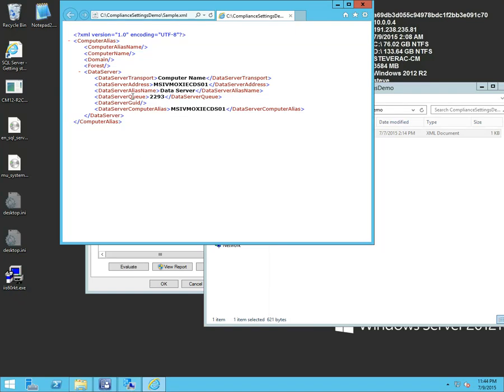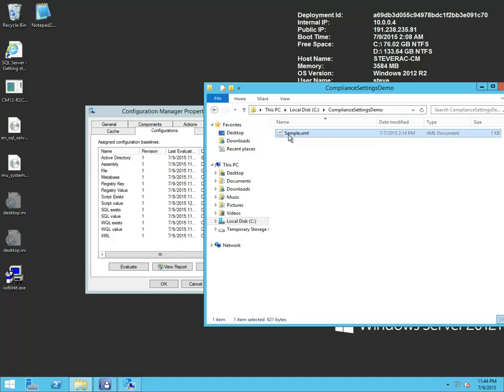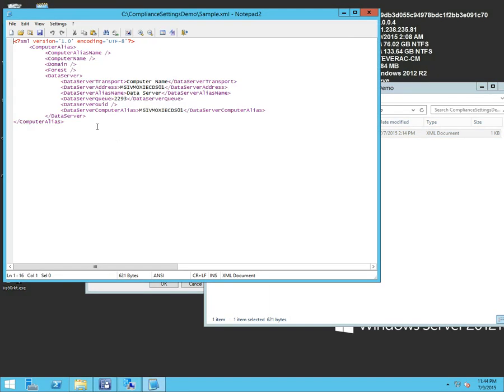IE does a pretty good job. The one thing about XML, so let me go ahead and open it in this other one. So I like Notepad 2. So I'm going to pull it up in Notepad 2 and open it up. Similar view, right? So really the first thing to understand about XML is how important it is to actually indent